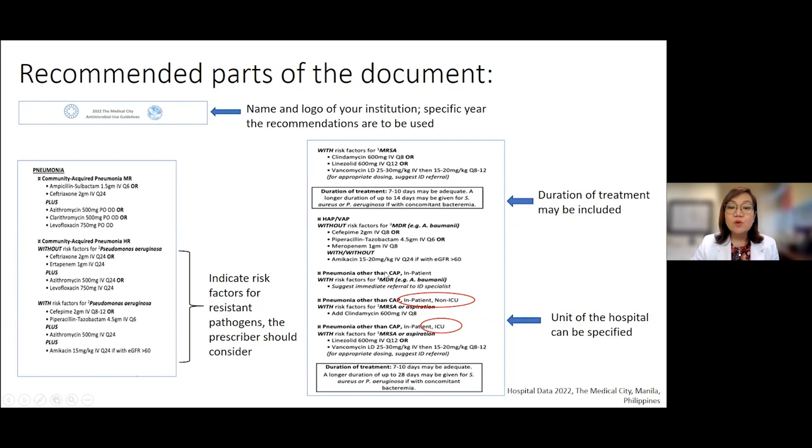So, and also with or without this MDR. And also, we have to consider where are the units wherein your recommendation should be used. So if we have a patient with pneumonia as CAP, in a non-ICU setting, and for example, with risk factor for MRSA, and then we have an additional recommendation, like in this case, an addition of